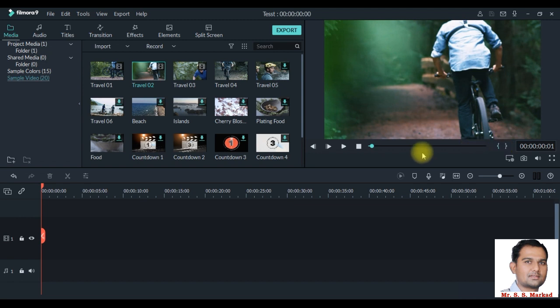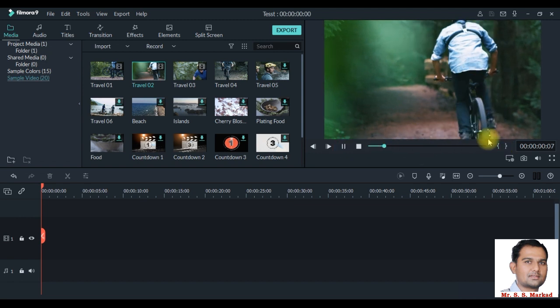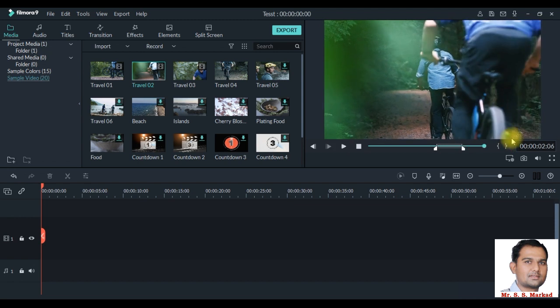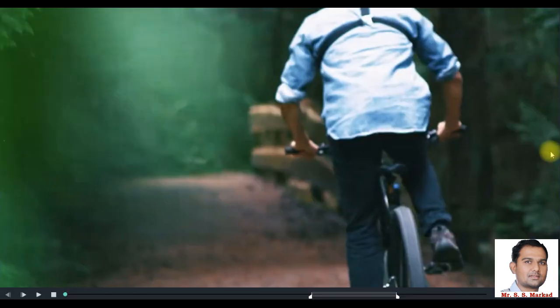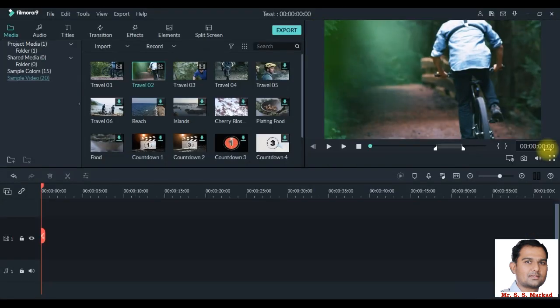This is to select particular stage of the media by clicking to brackets. This is to see the timeline of the media. This is to set the quality and display quality of the preview section. This is to take the snapshot or image of the preview section. This is to select or set the volume levels, and this is to get the full screen preview from the preview section.